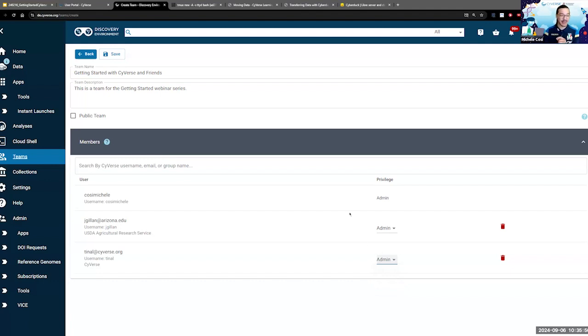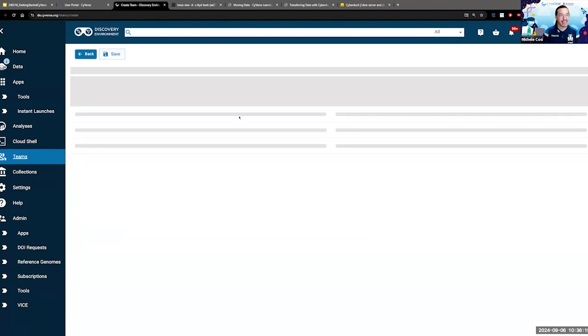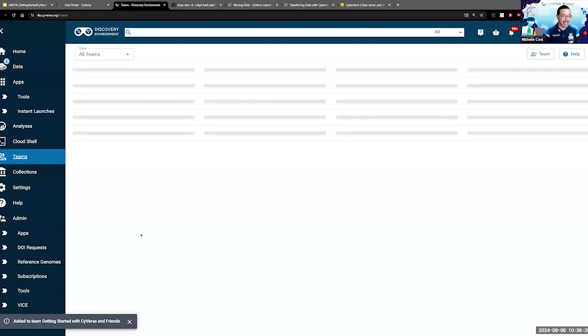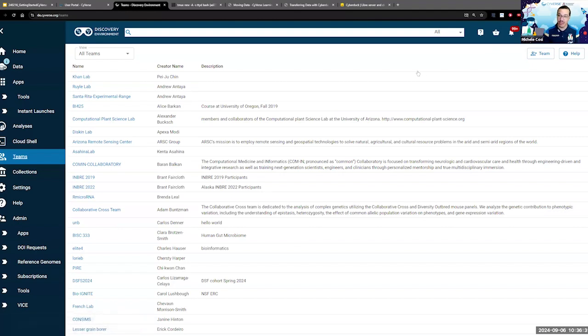The most important thing about teams, after you've added 30 people to the members list, is to click save. Because if you do not click save, all of your hard work of single-handedly adding everybody is going to get lost. The back button does that. It doesn't say, hey, did you save? So please do save before anything. What this does is that it creates a group in the back end of CyVerse. So it's going to think a little bit, and then everybody that's been added to the Getting Started with CyVerse and Friends team is going to receive a little notification on the top here on the right